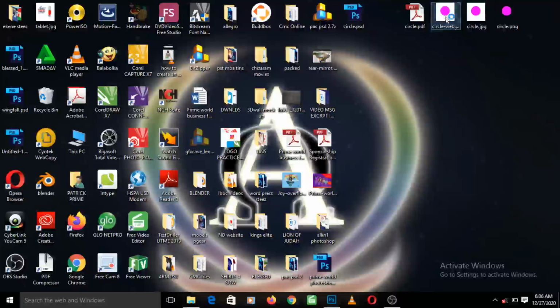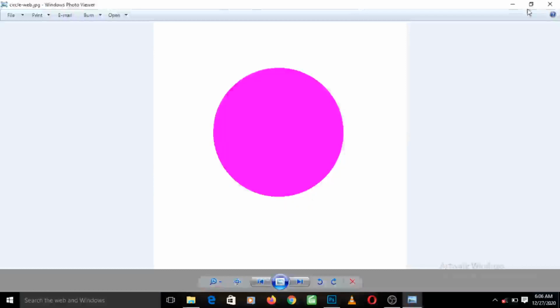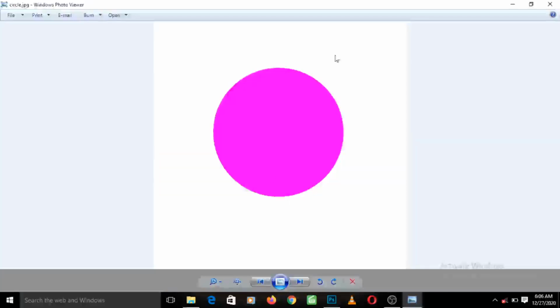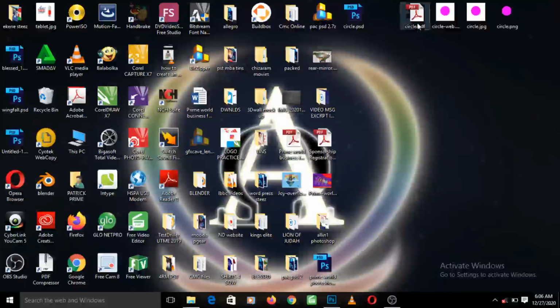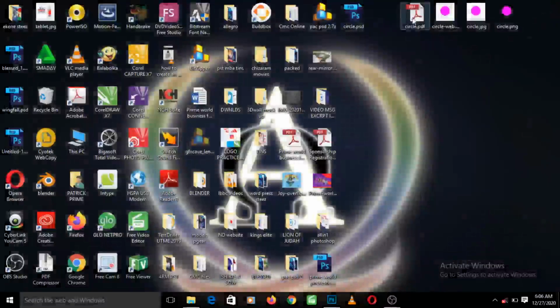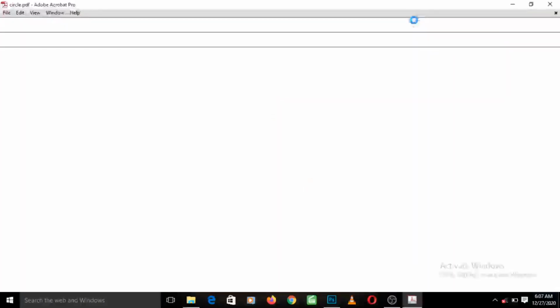Let me double click on it for you to view it. So this is how it looks. This is how the JPEG looks. You hardly notice a difference. Okay, for the print, the one that is optimized for print. This is the one for PNG. Now take note, it doesn't have a background. As you can see, the white background is not showing because we saved it as PNG and we removed the background. All right, so this one is for PDF. Of course, you need to have a PDF application to view it. So this is the one that I said, you know,